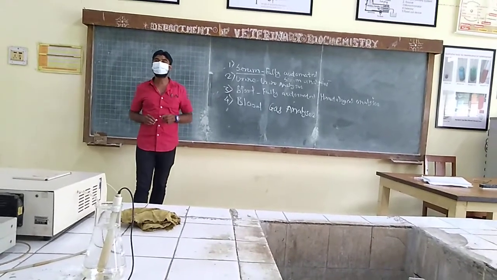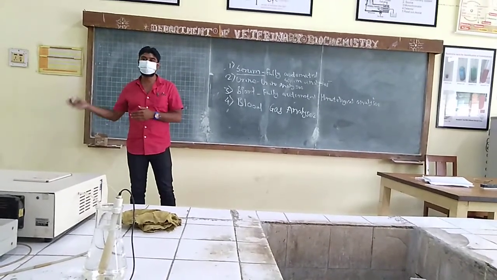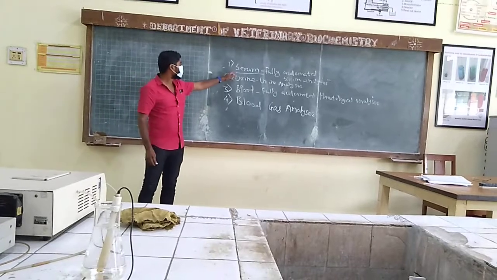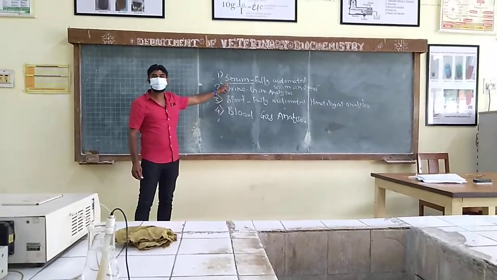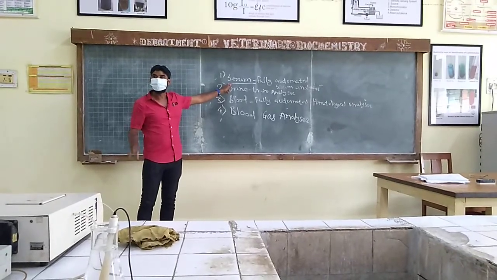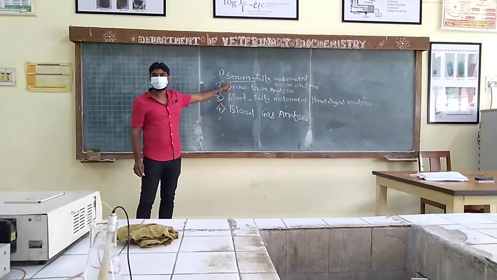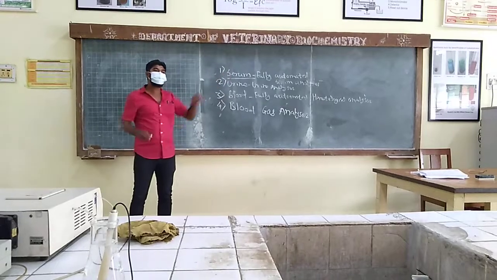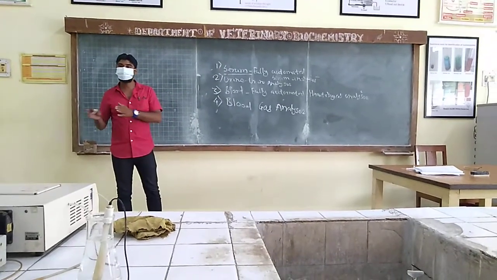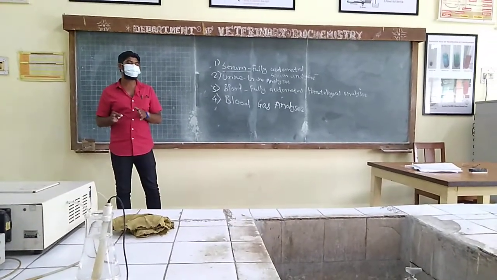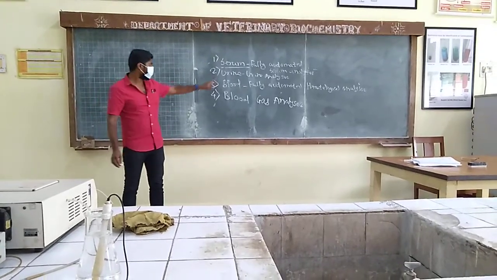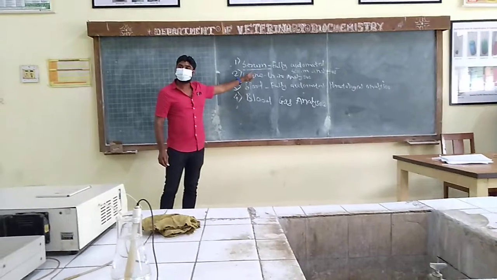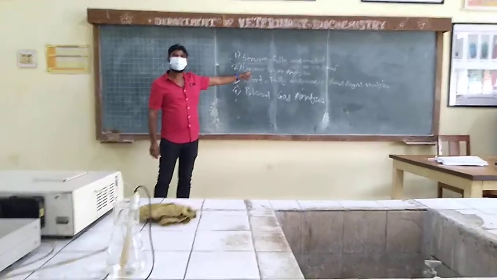If your analysis includes enzymes, then you have to store it as soon as possible at -20 or preferably at -80 degrees Celsius. Otherwise, you will lose all the enzymes. Same is the case for all the peptide hormones. They degrade with time. Steroid hormones are stable and you can keep them for 15 days, 20 days. So always remember what your parameter is whenever you collect the serum.